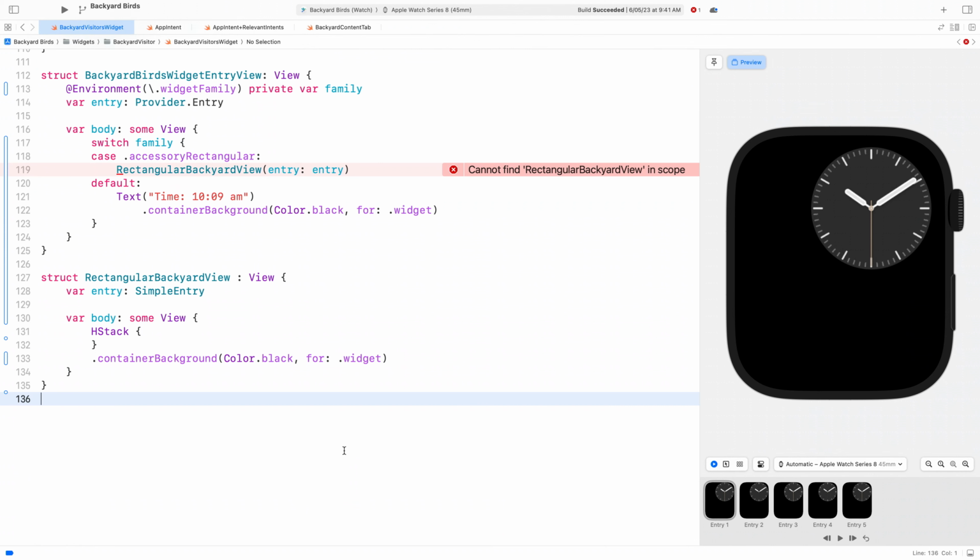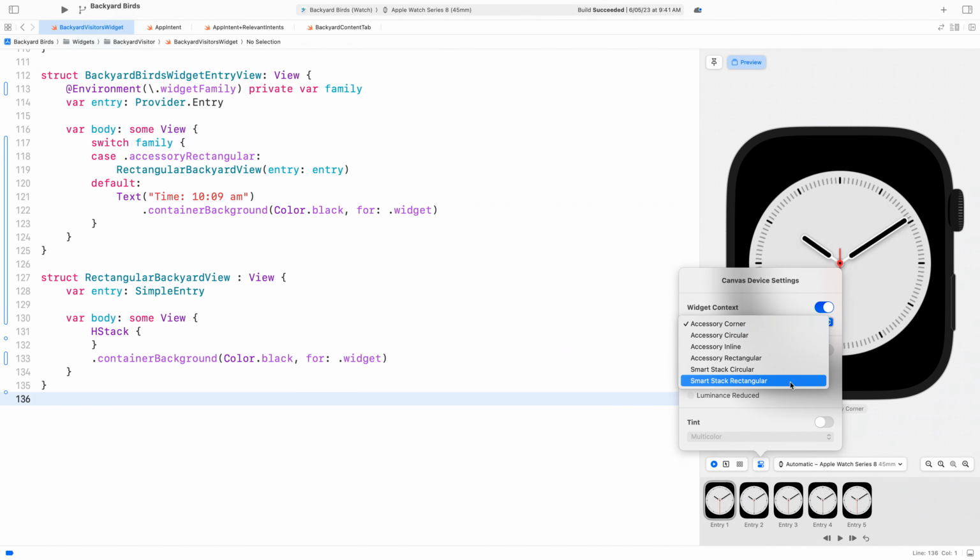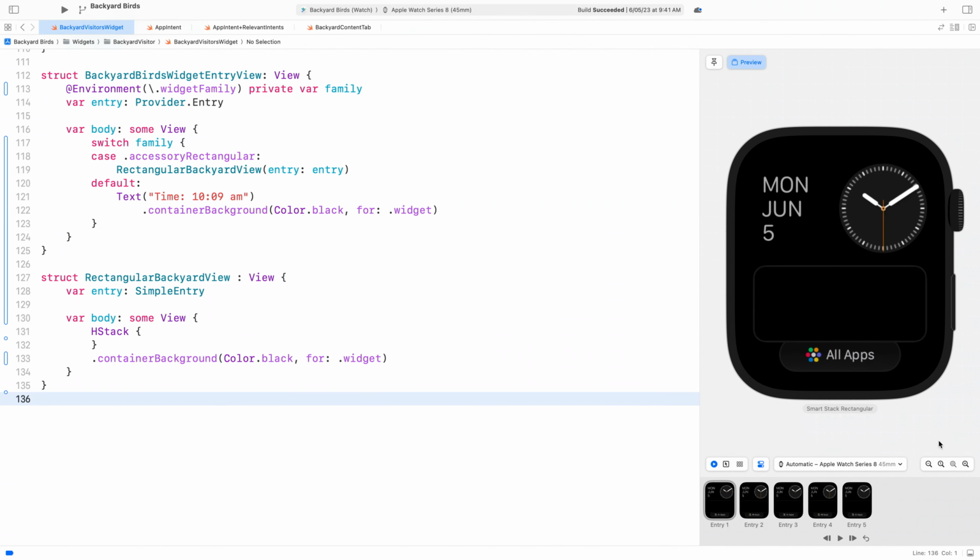The view uses the timeline entry we modified earlier to contain the backyard data. Before we continue, let's switch our Canvas view to the Smart Stack rectangular view. This will let us visualize the widget as we build it. Now, let's put an image and 3 lines of text in our view's H-stack.